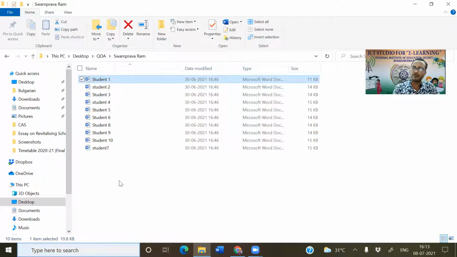We were doing it manually. But there are many softwares, not one, there are many qualitative softwares. If you can learn it, you can also analyze your qualitative data by using the softwares.